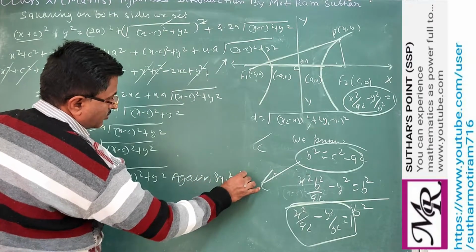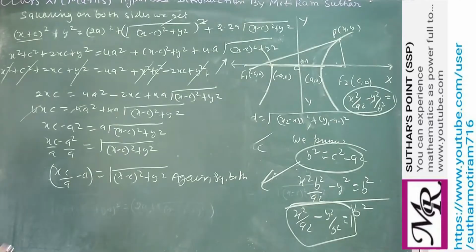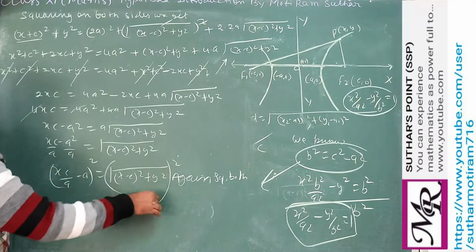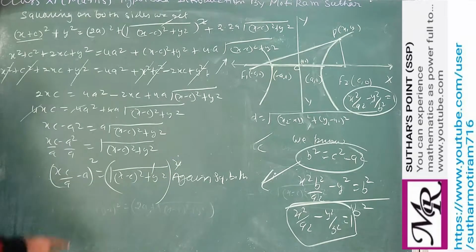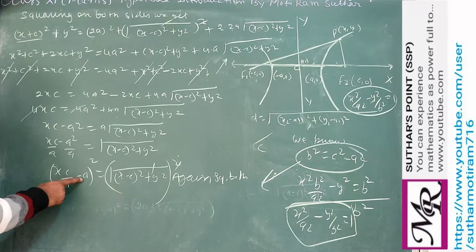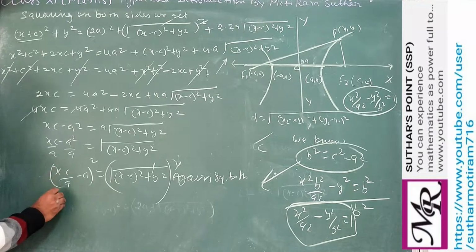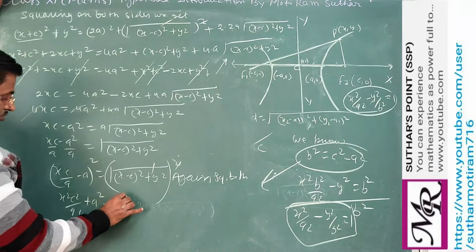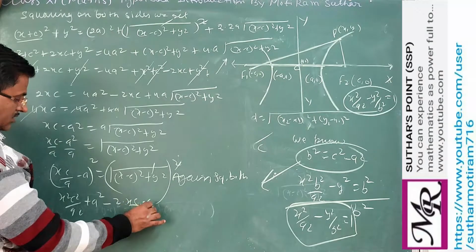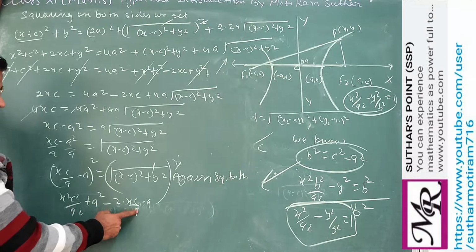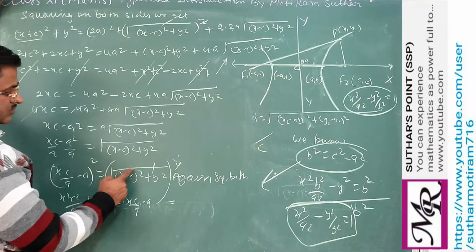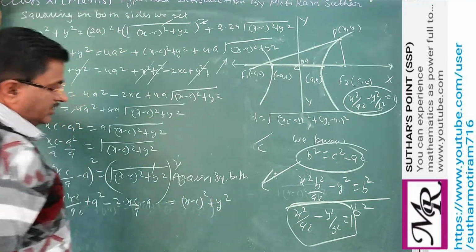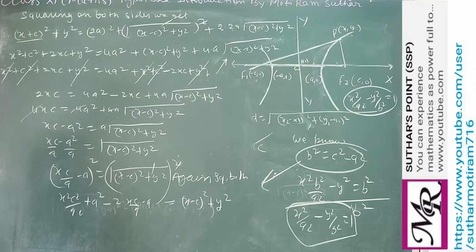Again squaring both sides. So if you square, then what do we get? Here square of this, here square. So on the right hand side, square and square cancel out. On the left side we use the formula (a minus b) whole square. So a square, that is x square c square upon a square, plus b square, minus 2 into xc upon a into b, equal to, now on the right hand side square and square will cancel. So you get (x minus c) whole square plus y square. Okay? So this value we get.